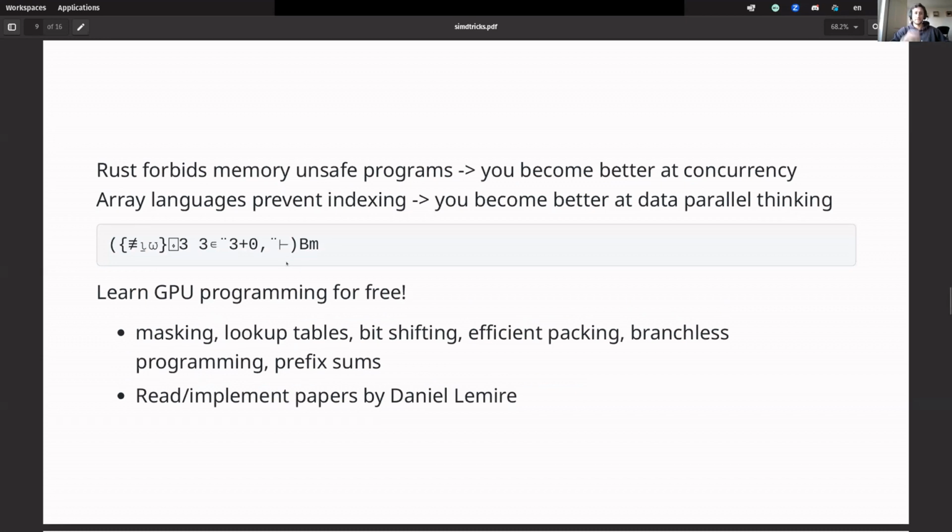This is a lot. So Rust forbids memory unsafe programs and that will lead you to become better at concurrency. Array languages prevent you from using indexing, and that's going to make you automatically better at data parallel thinking. This is a line of APL. This looks like alien languages, but the upside is that you learn to program with GPUs for free, and you